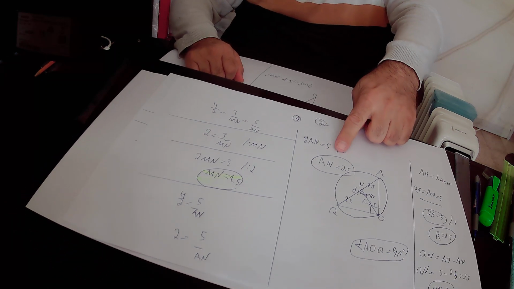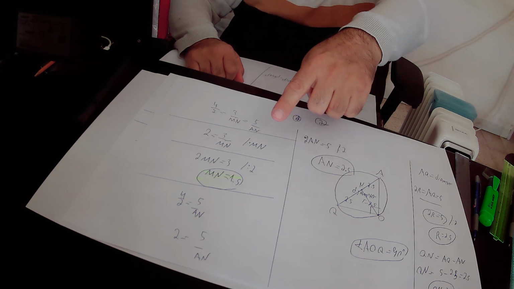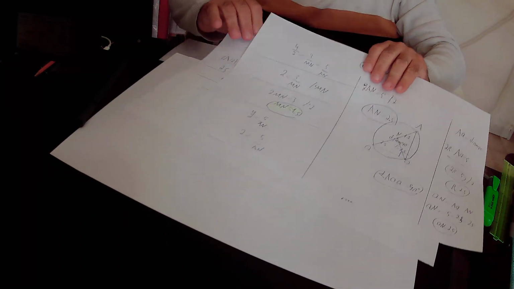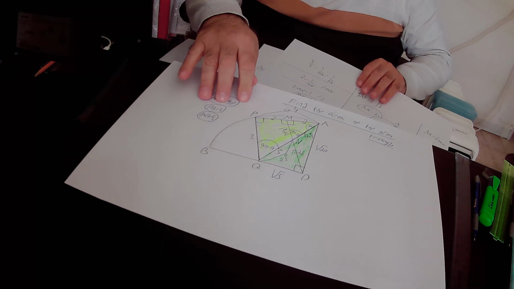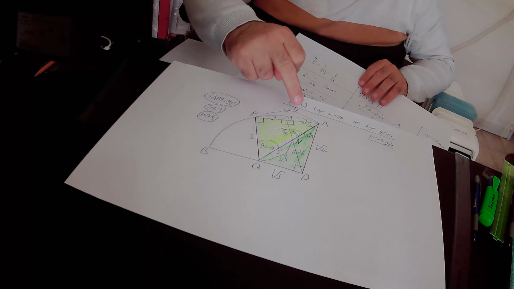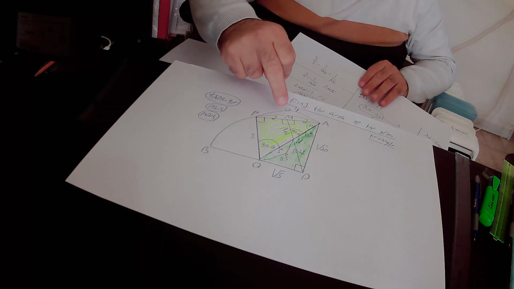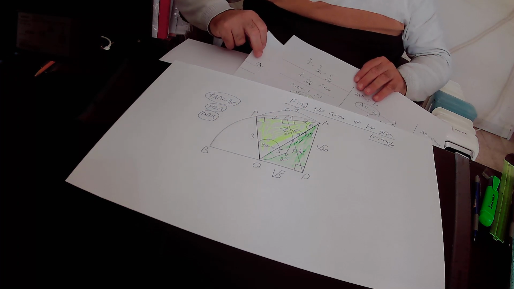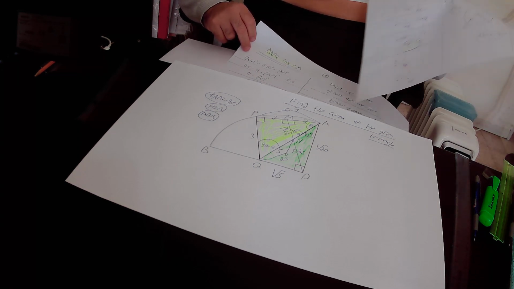Okay, so AN equals 2.5 and MN equals 1.5. Here, AN equals 2.5 units and MN equals 1.5 units. Okay. So in the next step,